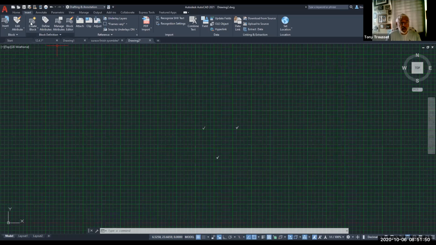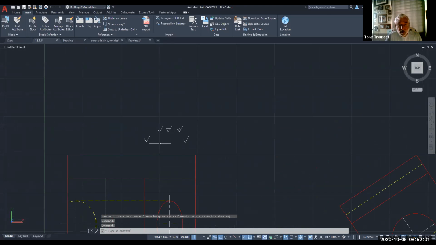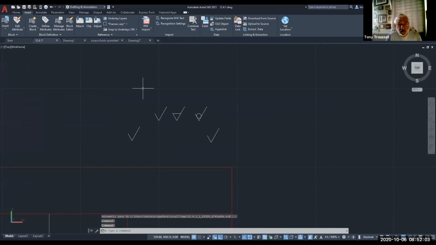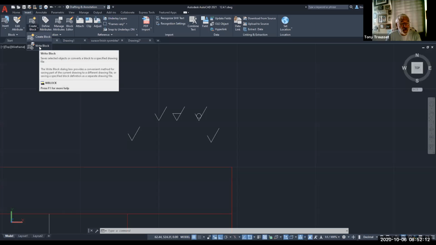Because what I did is when I went to insert, let me go back. Let's go back to this. Okay. Because what I did is when I was here, after I drew these, I went to create Write Block. Because what you do when you go to Write Block,